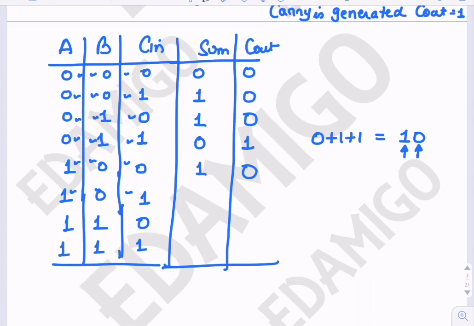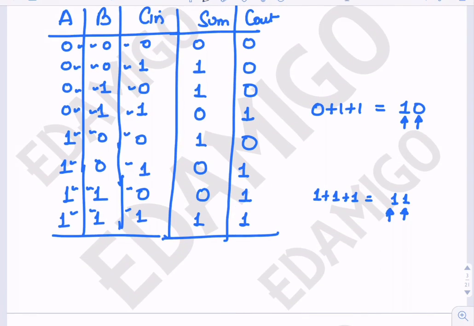1 0 1 is 0 with 1 carry. 1 1 0 is 0 with 1 carry. 1 1 1, as we know, 1 plus 1 plus 1 is 3, that is 11, so this is the sum bit and this is the carry bit. So 1 and 1. Now from here we can see that sum is equal to A XOR B XOR C,